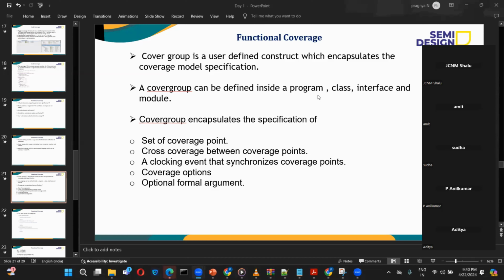In functional coverage, we now understood what code coverage is and what the different types of code coverage are, and why exactly functional coverage has got so much significance in verification. So all these things we have gone through, right? Now we will see the things we need to understand in order to create a proper